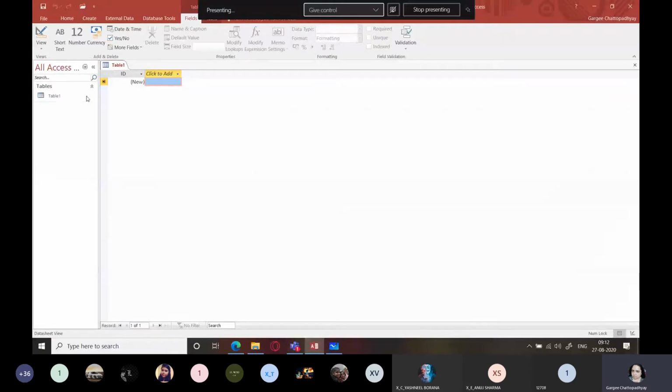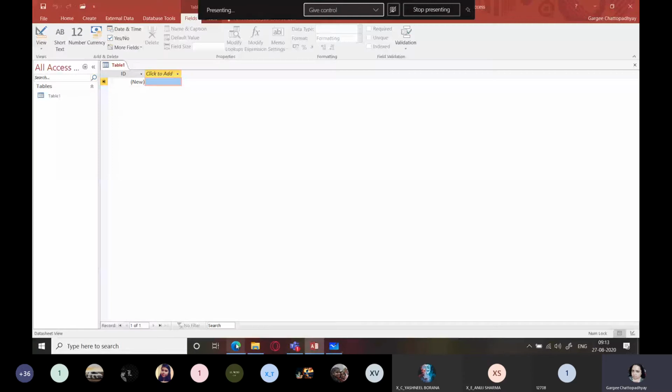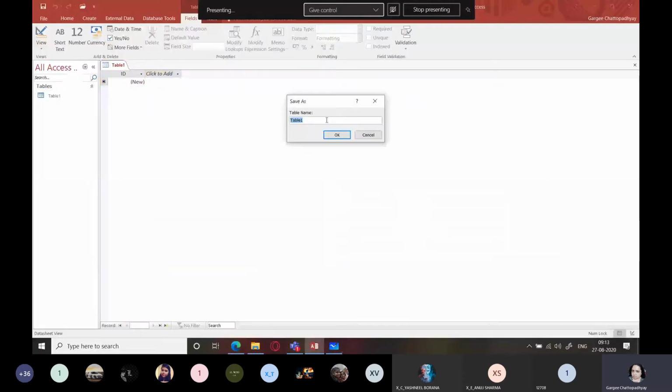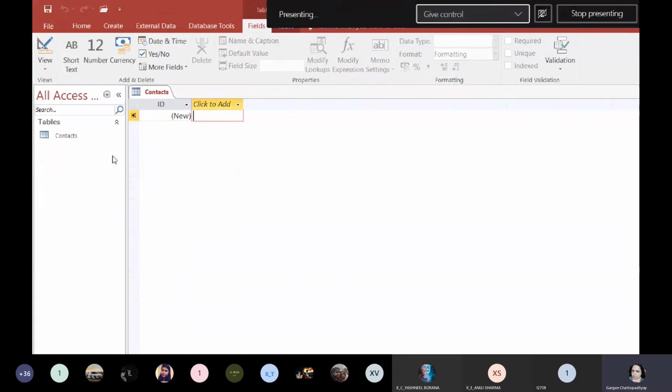Okay. Now we have a table here. What do we need to do for this table? We need to save this table with a name. So I'll be checking what name. The name would be contacts. So save and give the name as contacts. And click on OK. And here you can see that it takes the name contacts. Okay. Now next is